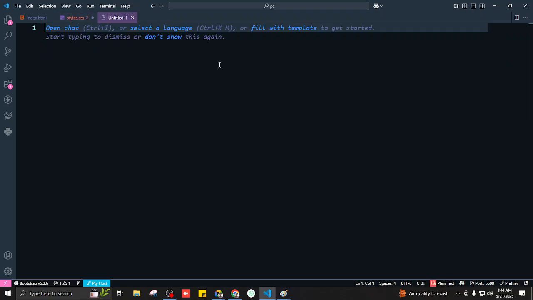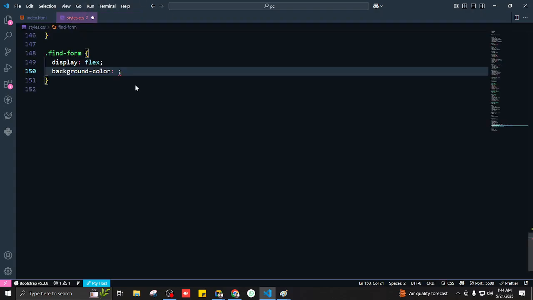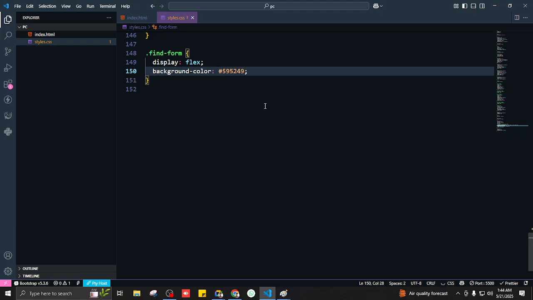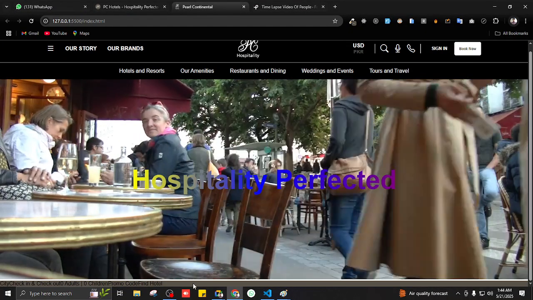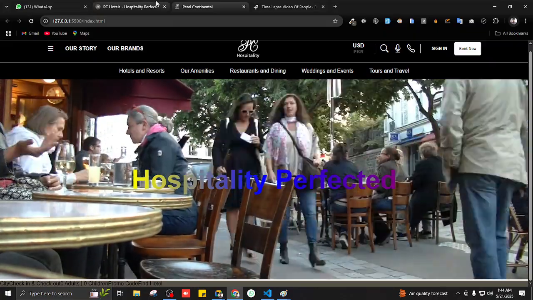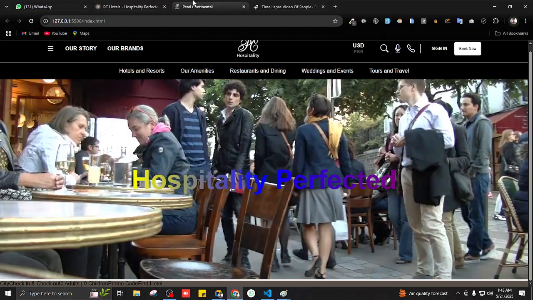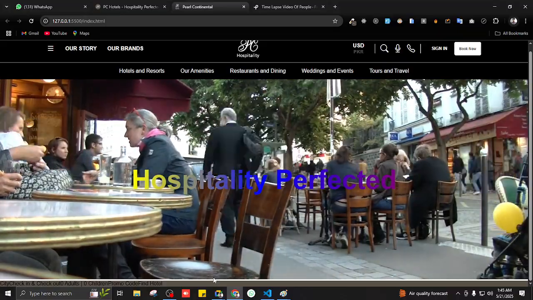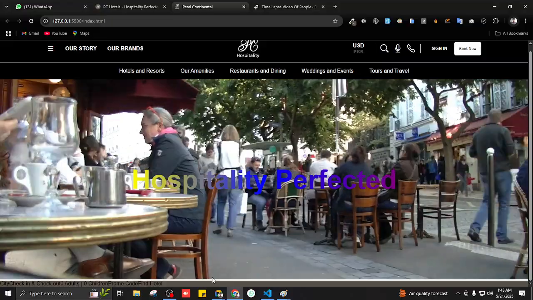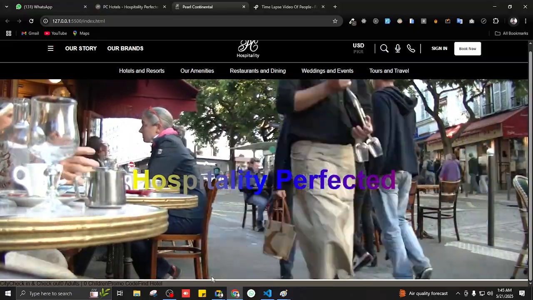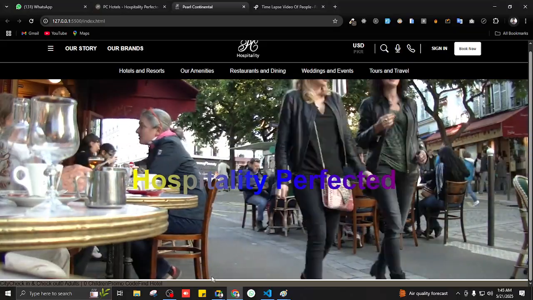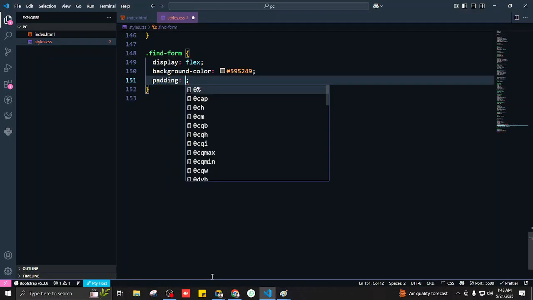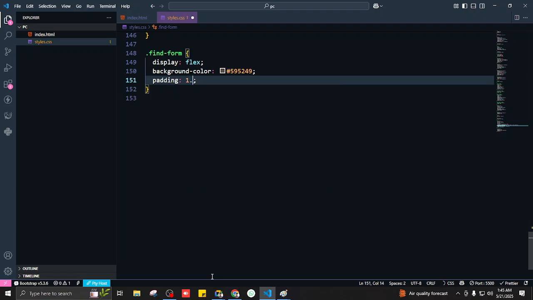Control V. Save it. And now we have the background. What more do I need now to make it look like this? We want to have some space from the inside. What should I do to have some space from the inside? Padding. Let's say 1.5 rem, but we don't want to have padding on this one because